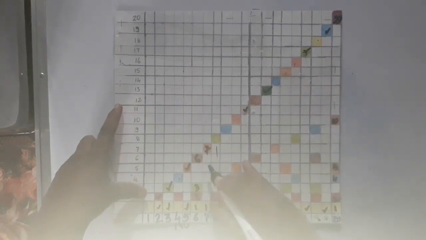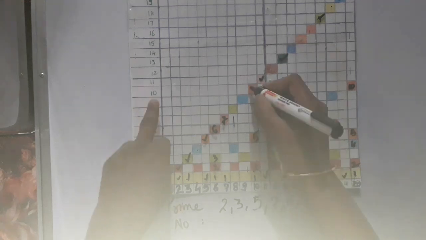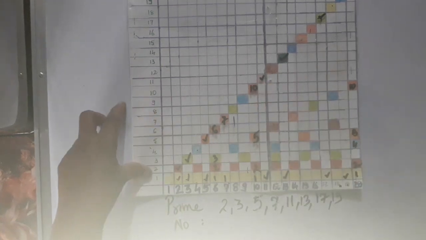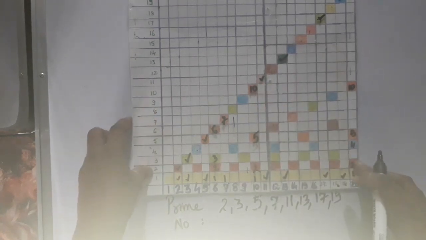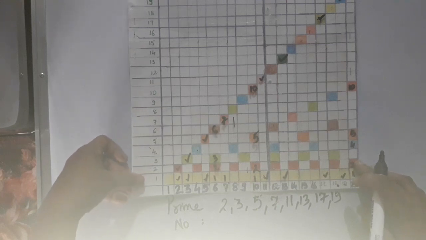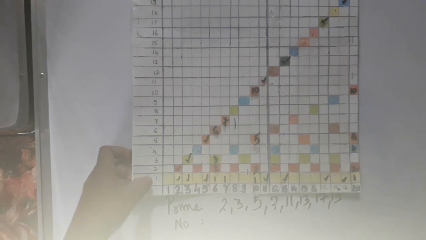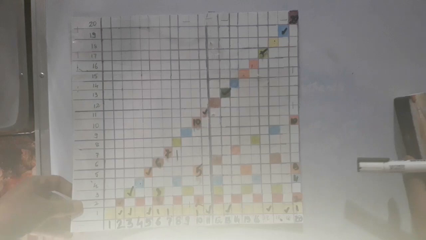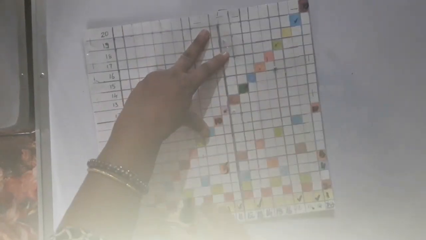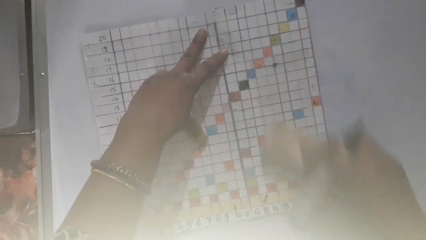If you want to find out the factors of 10, which are the factors of 10? 1, 2, here you can see 5 and this is 10. So this grid is very important in finding out the factors of a given number. Okay, now using this grid you can also find out the common factors of given numbers. Now what does it mean by common factor?